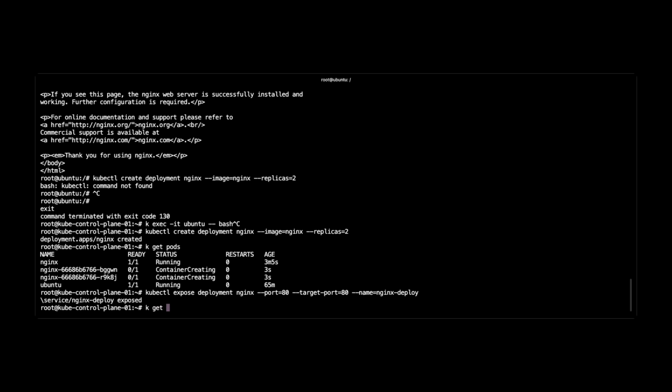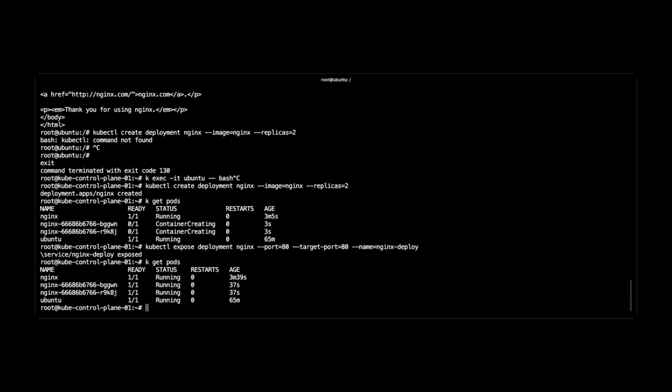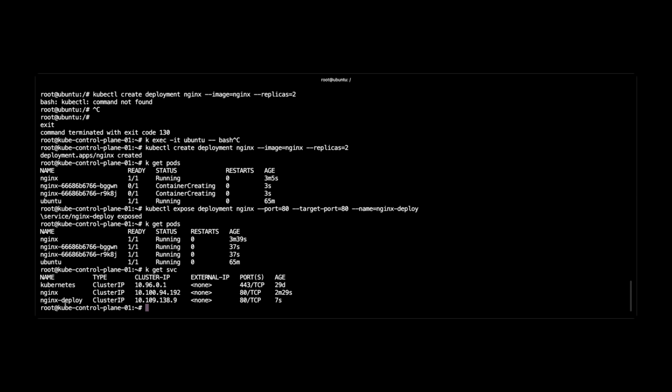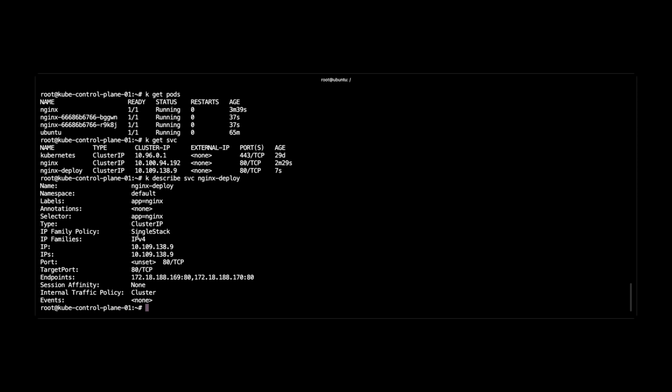So it's exposed. kubectl get pods, and you can see in services we have nginx-deploy. If I describe this service, we have this label selector app=nginx. This is different from run=nginx. This means that this is a deployment. So app=nginx is exposed with the nginx-deploy